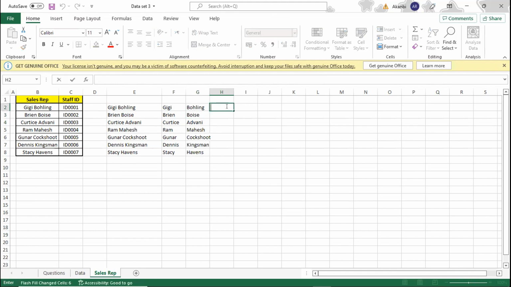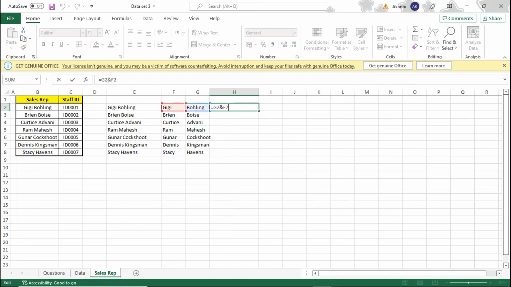Let me conclude with the concatenate, how to add the two together. In this case, we started with the first name and second name, but I'll be concatenating the second name and the first name this time around. So here's how I'm going to do it. In this case, there is no space. So all I have to do is to